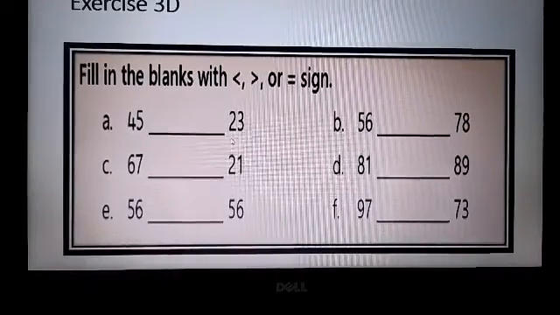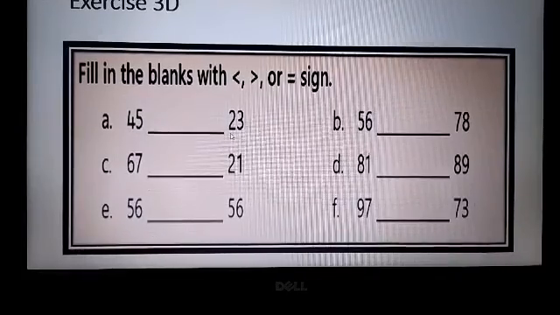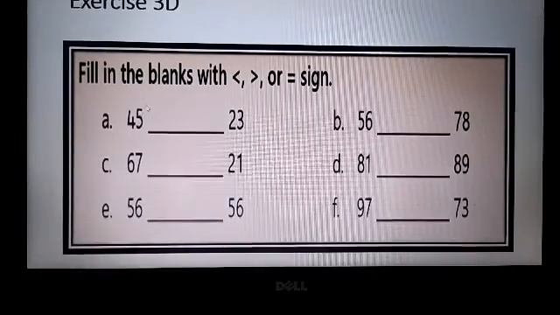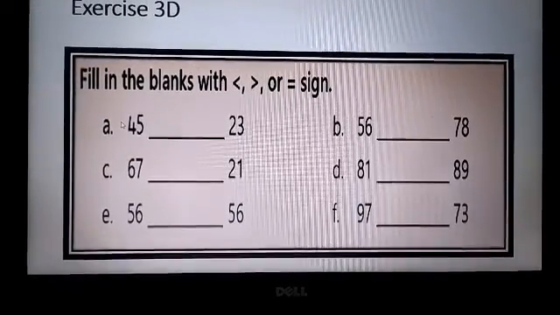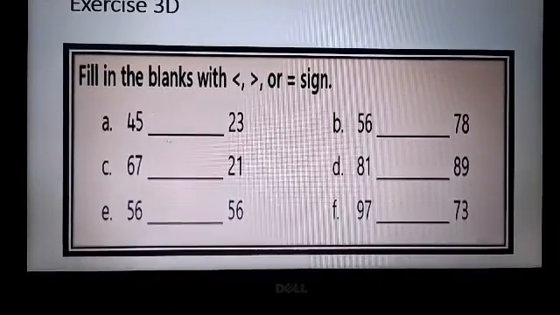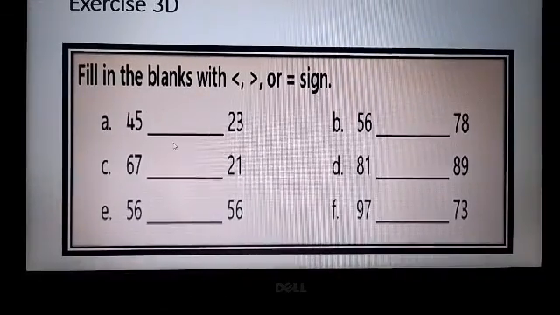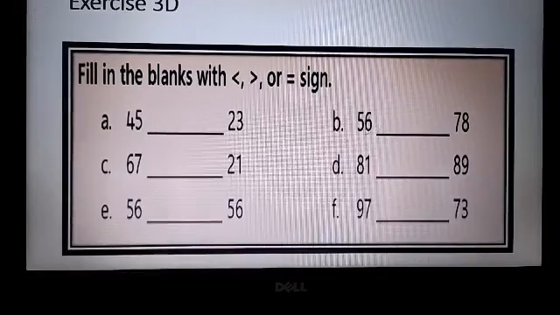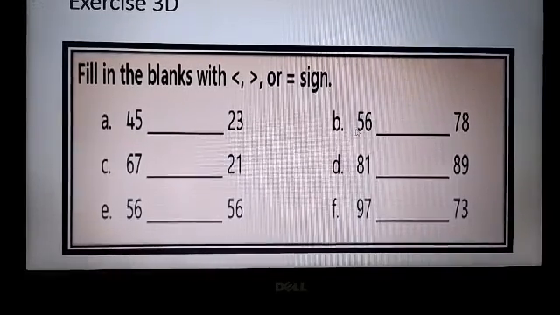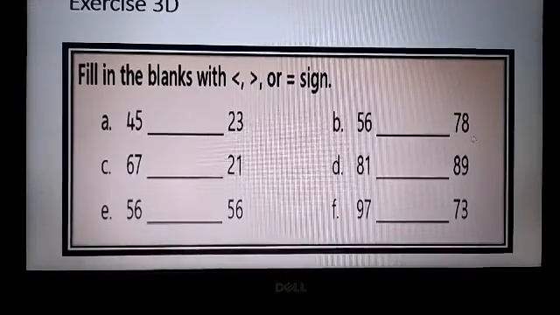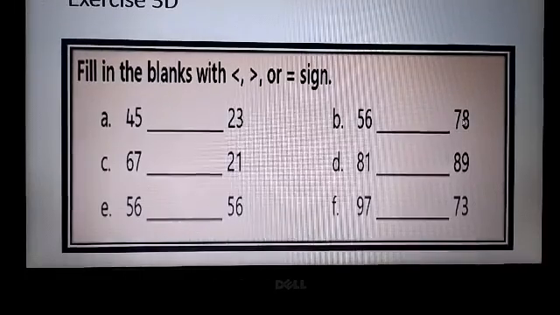So first you are going to see the digits on the tens place, that is 4 and 2. Which is bigger, 4 or 2? 4. Very good. You have to speak more quickly. Yes. So 4. So the crocodile is going to eat this number 45. So you have to put a greater than sign over here. Next, B. 56 and 78. 7 is bigger than 5. So 78 is bigger than 56. So you have to write the less than sign over here.